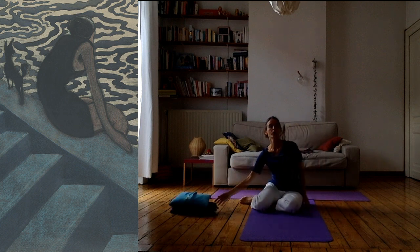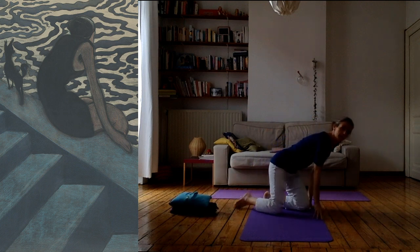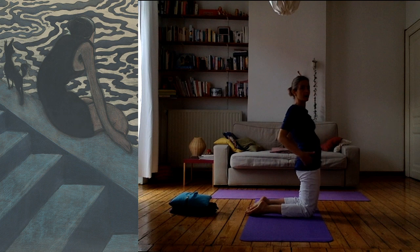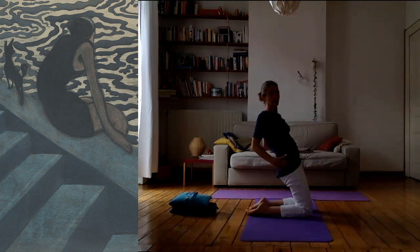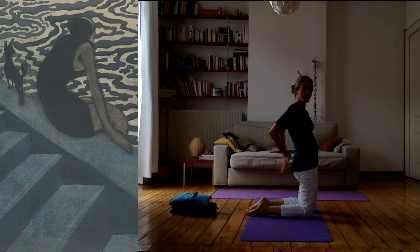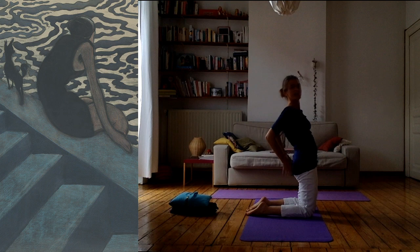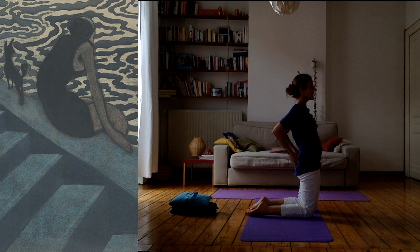I'm going to show it first. So we will make sure that the hips remain on top of the knees. So we'll not go here, neither here. Yeah? And we'll either do it with the hands here, and we'll try to not break from the lower back, but we'll try to bring a little movement to many vertebrae,